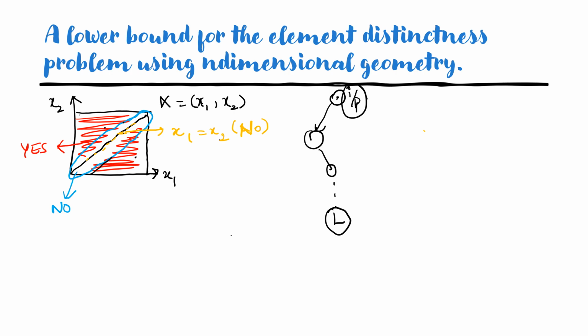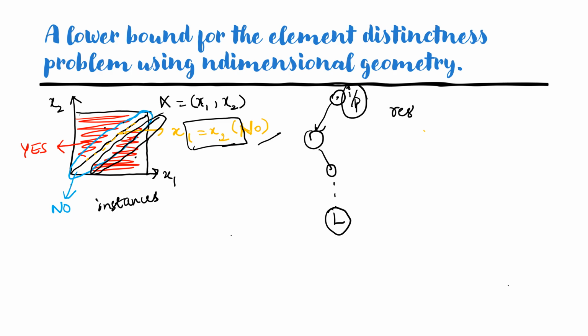Here I am claiming that all the points on this diagonal are no instances. Why? Because what are the points that lie on this diagonal? It will simply be x1 equal to x2. All the points have the x1 coordinate the same as the x2 coordinate. When these both are the same, the elements can't be distinct. So I am claiming all these elements are no instances. Excluding this, any point in the shaded region S can be used for input instances. So this is the space I'm claiming, and from this is where I will be taking the points to go to the tree.